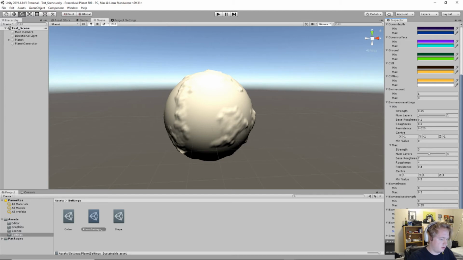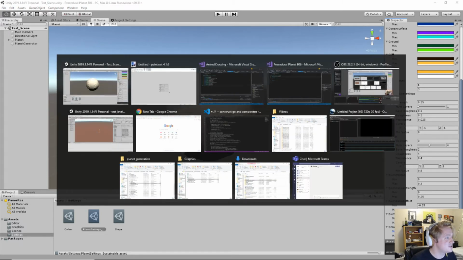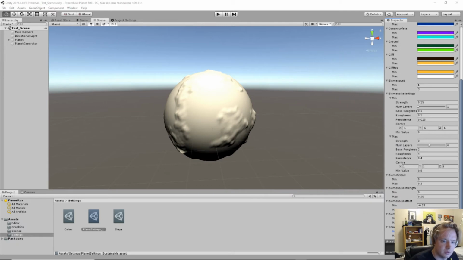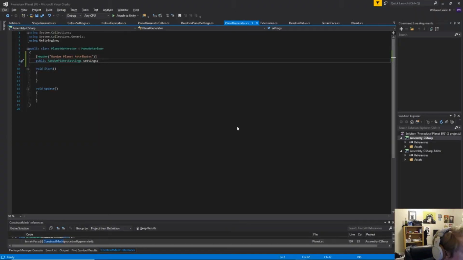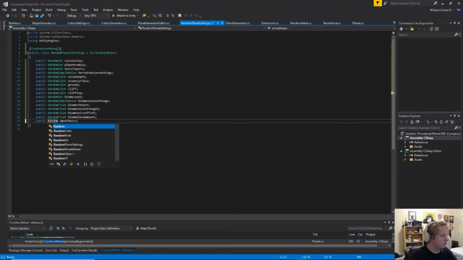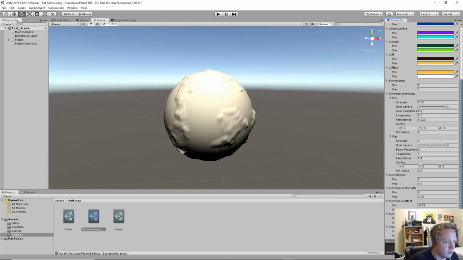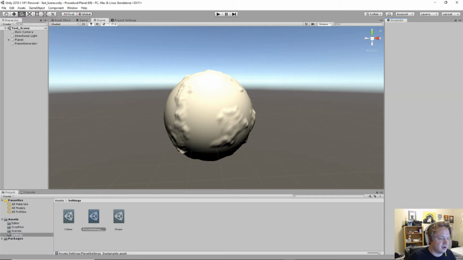0.1 to 0.75. And then smoothness, I would personally put 0.6. No, that is 6. 0.6. Where's the point? Why can't I put a... Oh, I made it an integer, like a dummy. Did I? Oh, I totally did. Yeah, I did. We want to make that a float. I was wondering why I kept doing that. Cool. So yeah, we're going to do 0.6 there to